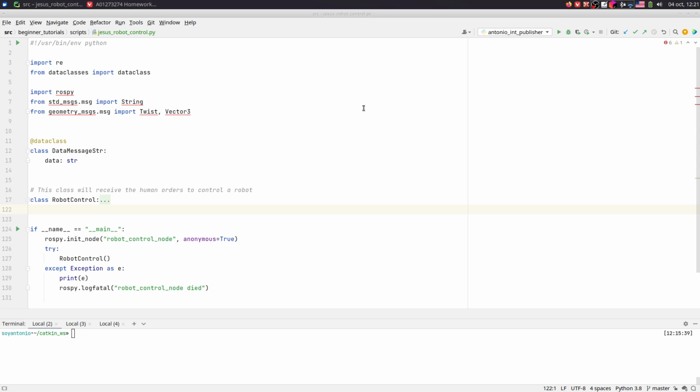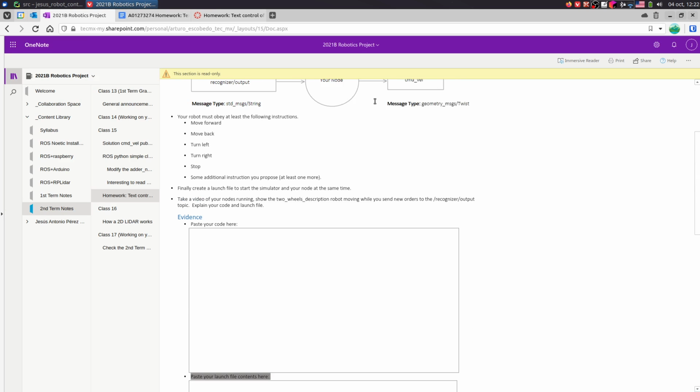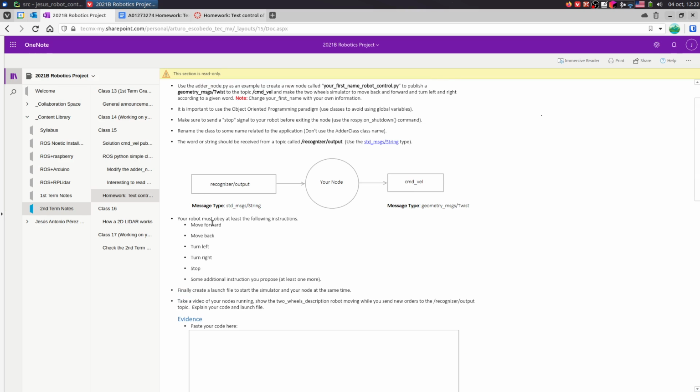Okay, so we are going to look at my script, the Jesus robot control. In this script, the idea is that we can control the robot with text and do some operations instead of numbers. So maybe it is easier for humans to understand what we are aiming to do. The idea of the homework is that we can send messages, for example, the message move